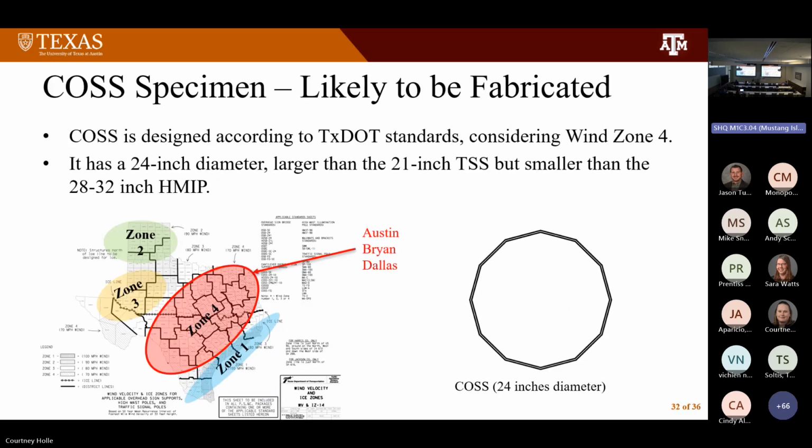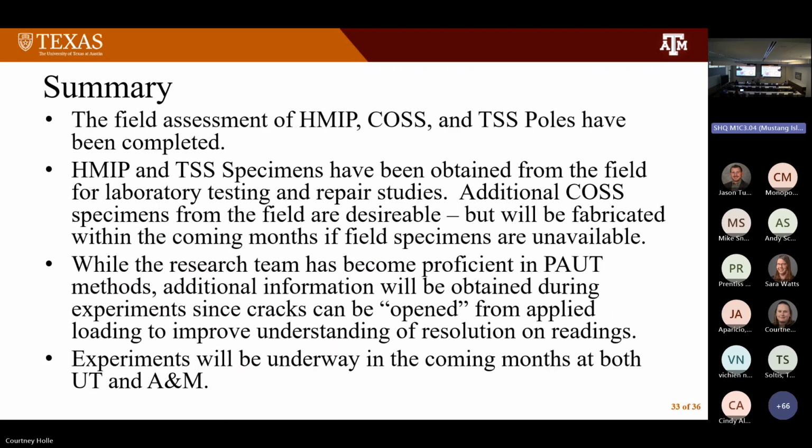We still also want to get some cantilever overhead sign structure specimens. Likely at this stage, I'm assuming we're going to have them fabricated. But if any of you know of any cantilever overhead sign structures that are being taken down, please call us, because we would like to get access to things that are already out in the field, since they have a better likelihood of already having the damage that might occur on some of those systems. We're in the process of designing, and we'll probably get some quotes in the next few months, but if we can find some in the field, we would rather have those because we think they're a lot better.